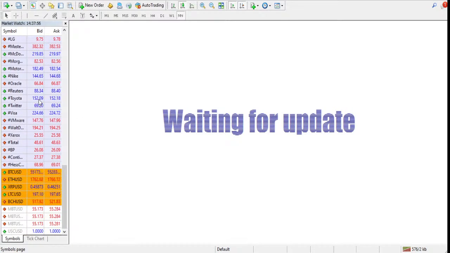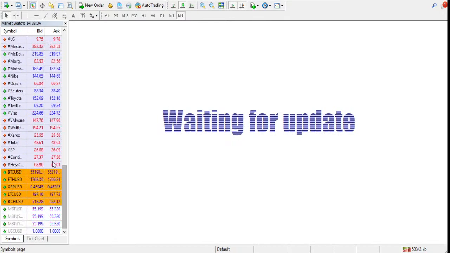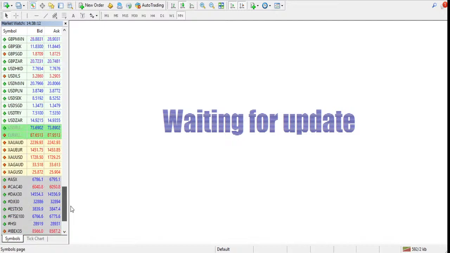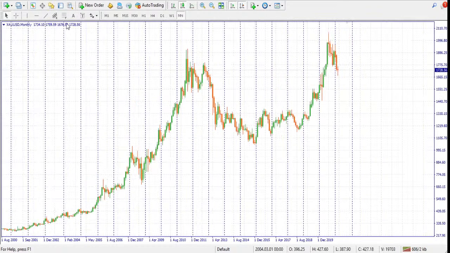Anytime you log into your MT5 and you're not able to find the symbols you're looking for, like in our case, where we're looking for gold and it's nowhere to be found, you only need to right click any symbol among those in the market watch and press show all. Then you can see that the list has now been added. So we'll add this on a screen. Then you see how it looks.